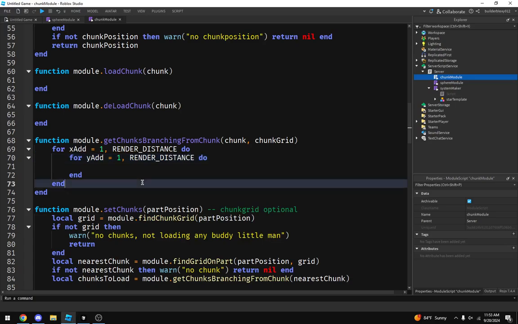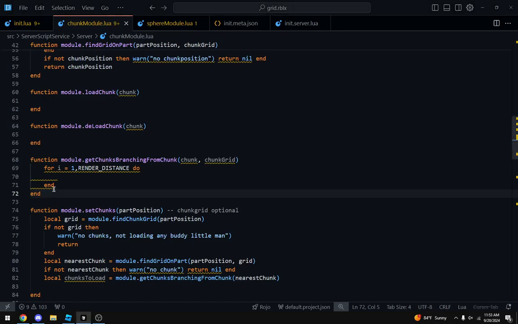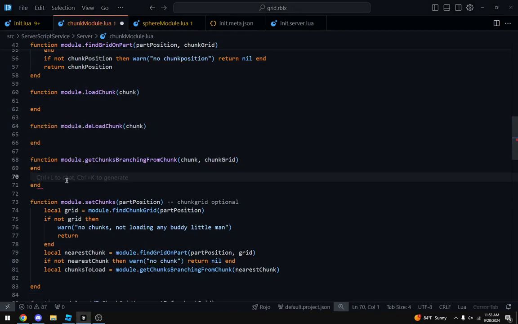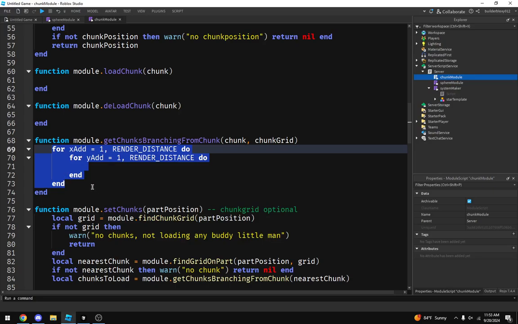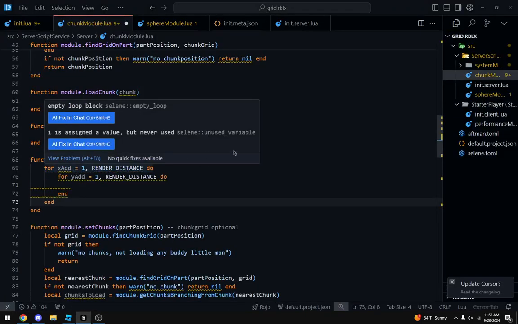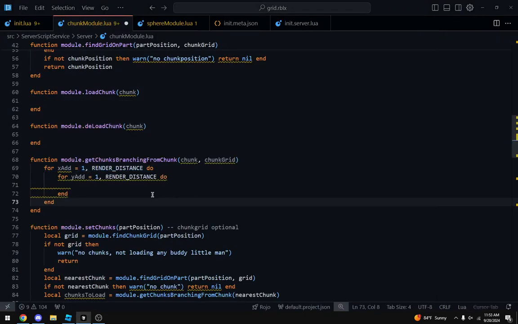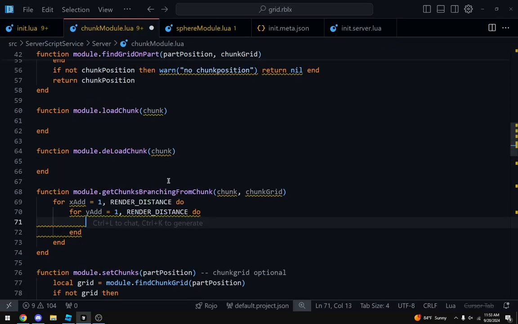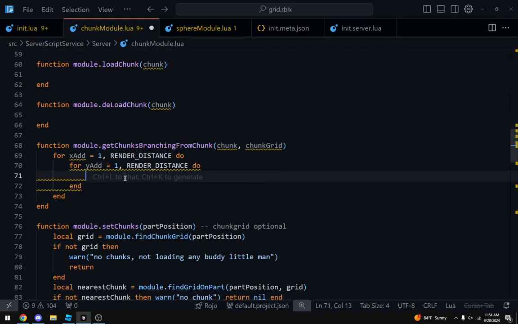And if we go ahead and save this, go ahead and publish this, and we go ahead and copy this over. So what we want to do is we want to get the chunk using this.